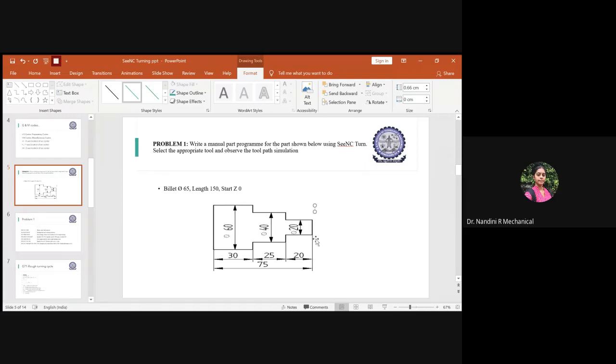So this is your 0 plane. This is 0, this is positive Z and this is positive X. So X overall we need 60. You are keeping the tool nearer to the 60 mm and keeping Z as 1. If this is 0, you take 1 unit towards your right, so Z will be 1. Along with that, you will have a vertical height at 60. 60 we haven't given, it is 56, so it will be nearer to 60. Okay, so this will be the position. Where I'm showing the cursor, this will be the position of the tool.